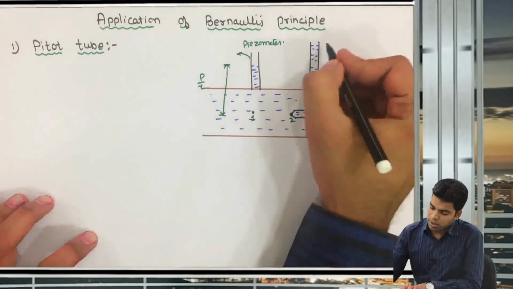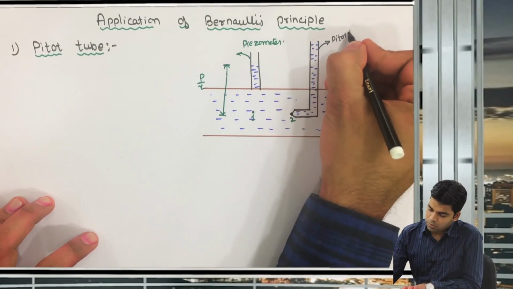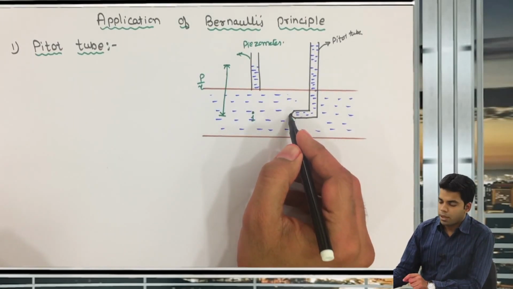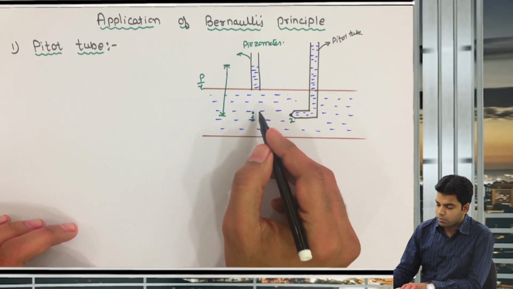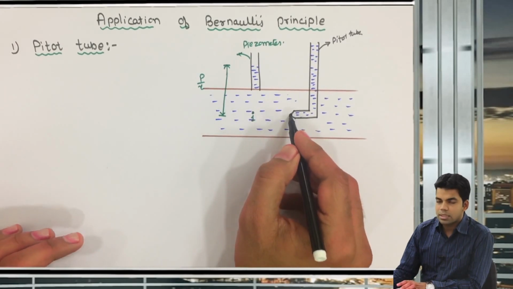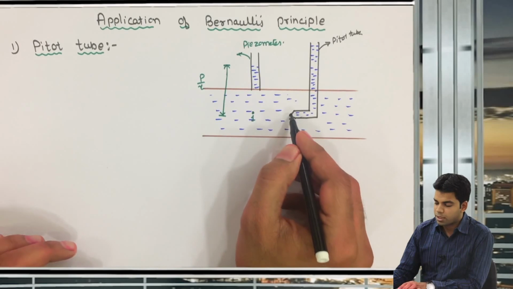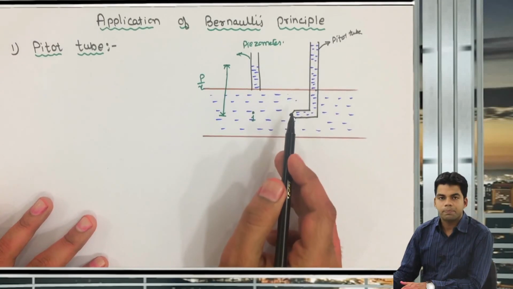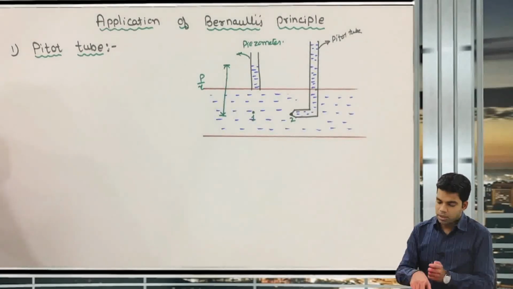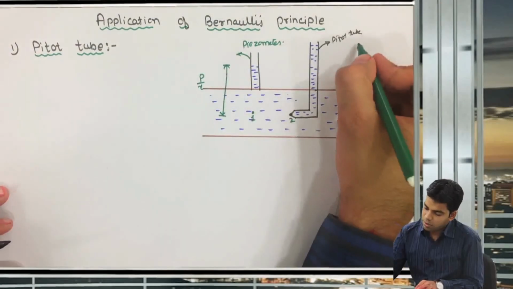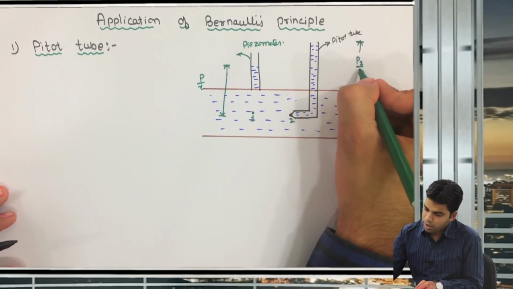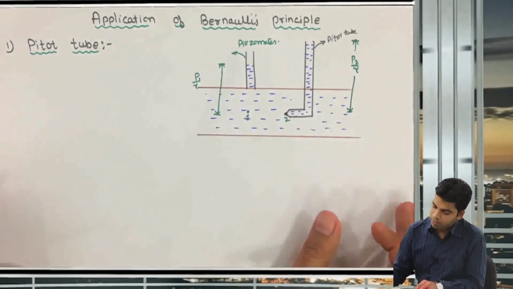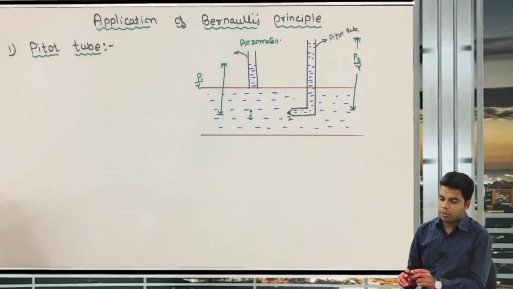Then we have a pitot tube. What we are doing in the pitot tube is having a nozzle here, and at the tip of this nozzle, the velocity of the water flowing here will be destroyed. That means at this particular point the velocity will be 0. So whatever we are getting is nothing but the pressure head. Getting this? So this total head is nothing but the pressure head, which is P2 by gamma. This is P1 by gamma, and this total is nothing but P2 by gamma.